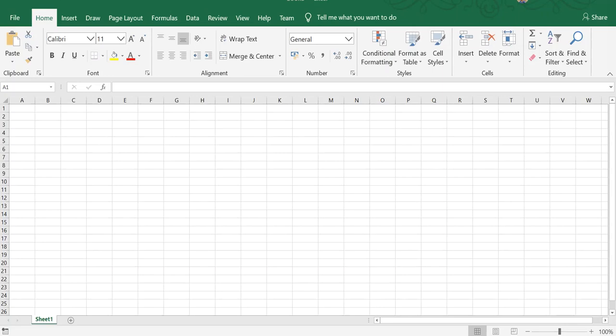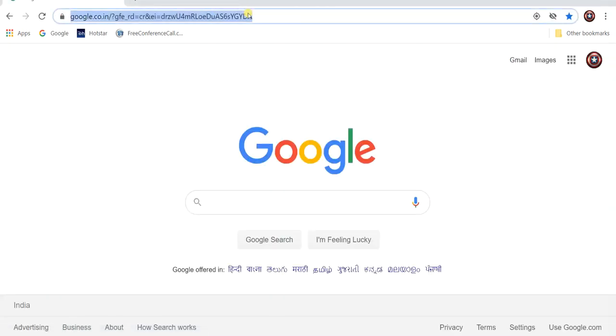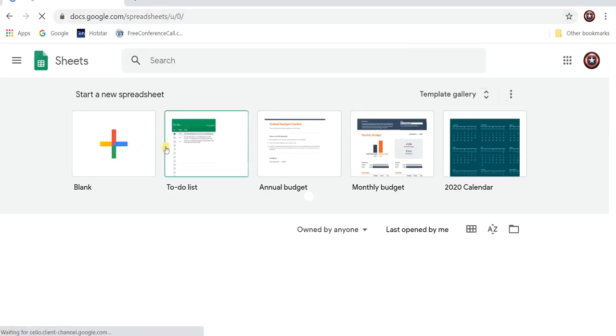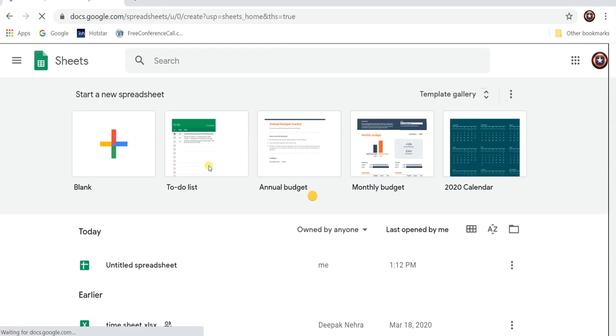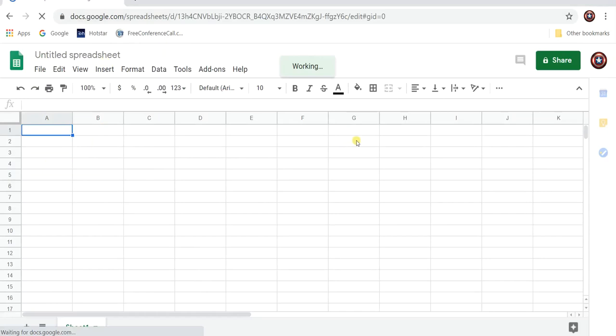And suppose you have not installed MS Office on your machine, you can directly go to your browser and open Google Sheets. I'll share you the link in the description. However, I'll show you here. So open your browser, just type it, so the Google Sheets gets open. You can just click on blank sheet and the same sheet you can open. If you have not logged into your Gmail account, the system will ask you to log in. Since I have already logged into my account, it did not prompt me. So this is the second way.